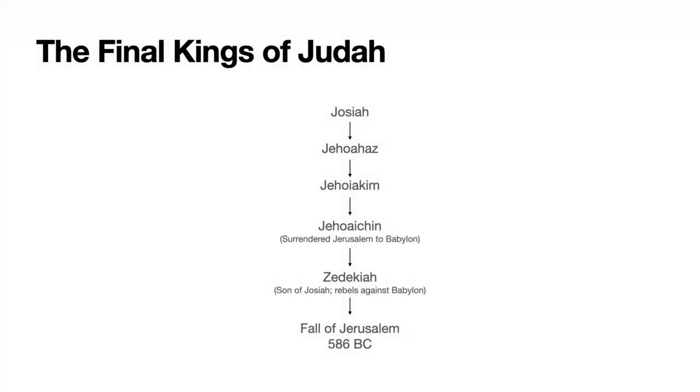This slide is just here as a reference slide to refer back to. It can be a little confusing reading Kings or Chronicles, trying to make sense out of the timeline of the kings, but it looks something like this. Josiah is the last righteous king of Israel. His son Jehoahaz becomes king. He's an unrighteous